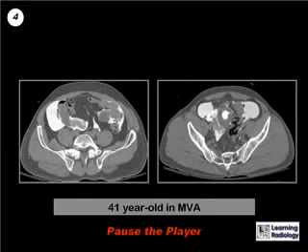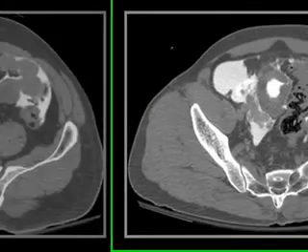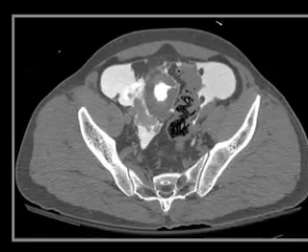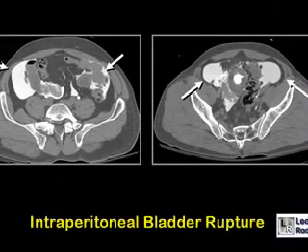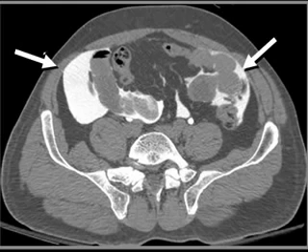The next case is a 41-year-old who was involved in a motor vehicle accident. These are 2 views from a CT retrograde cystogram. Pause your computer or MP3 player. This is an example of an intraperitoneal bladder rupture. The white arrows are pointing to contrast which has left the bladder due to the perforation and is surrounding the